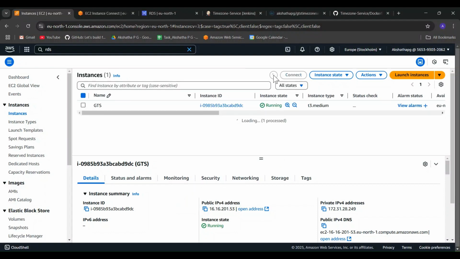So see, with the help of the terraform destroy command,